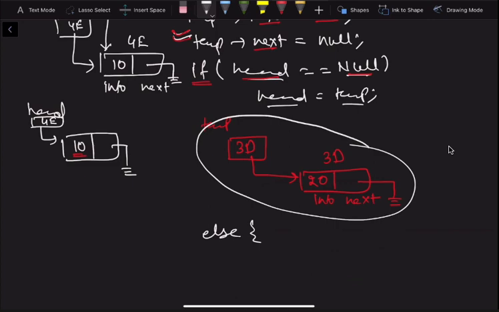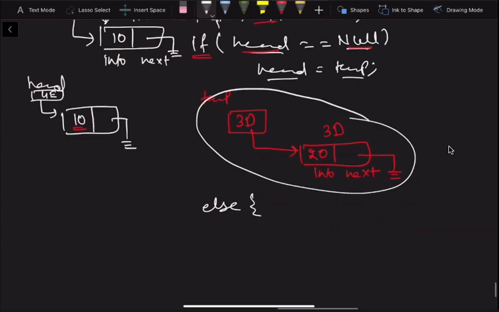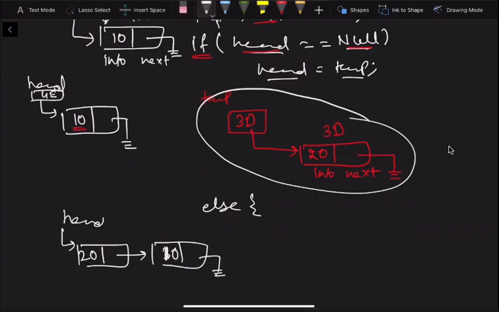What you want is like this. This is 20, and this must contain the previous node, which is 10. This is null, and this is head. You want this result because you want to add this first, so it will be the first node and that will be the second node.